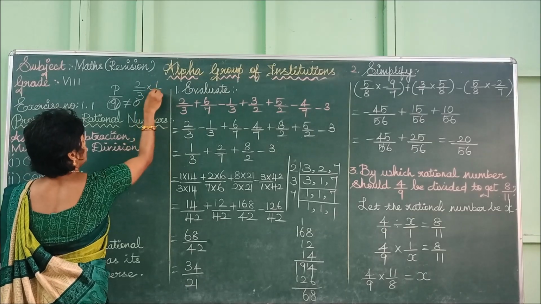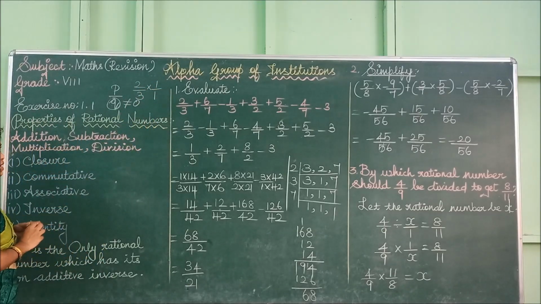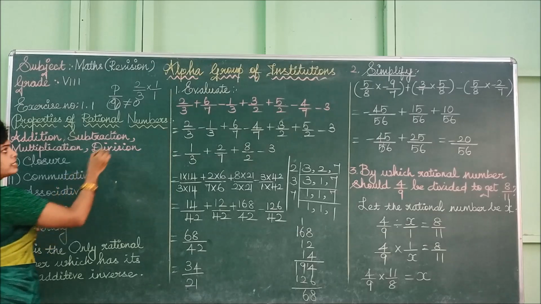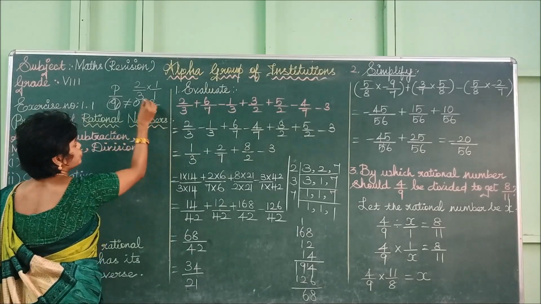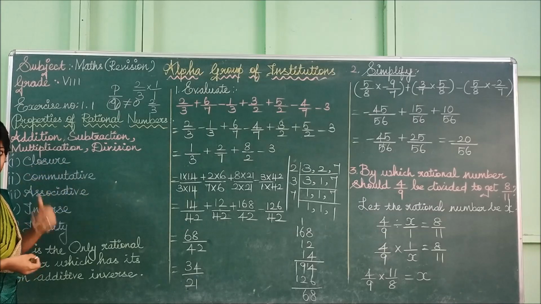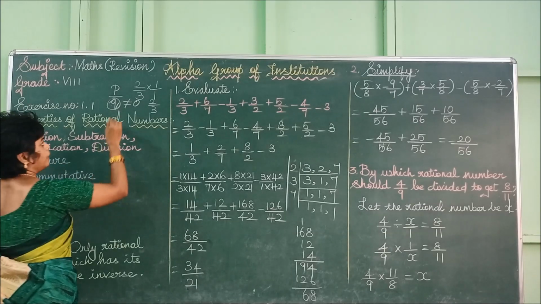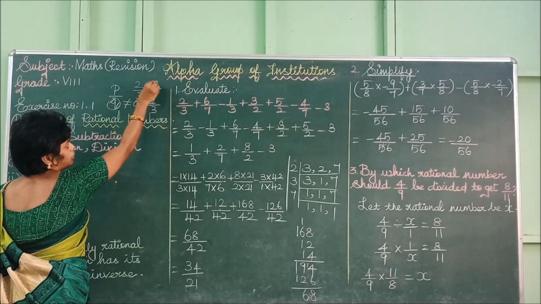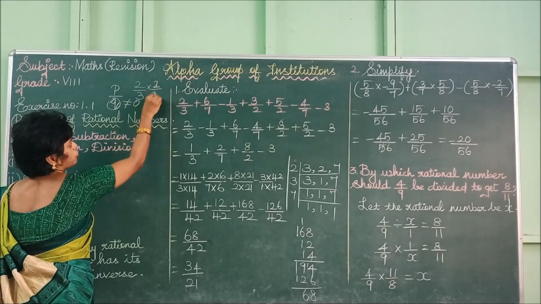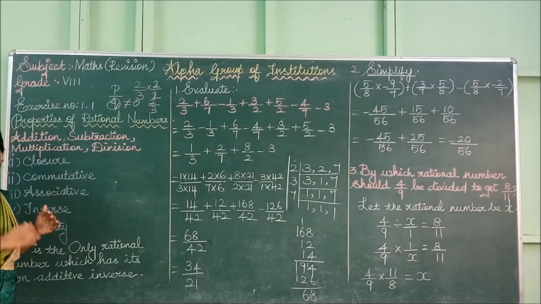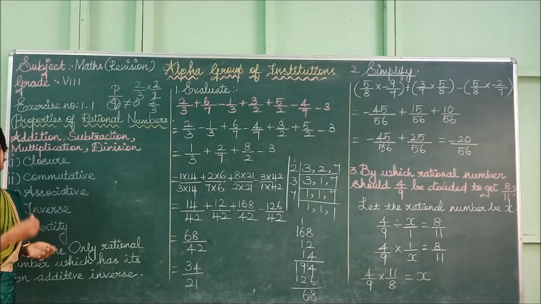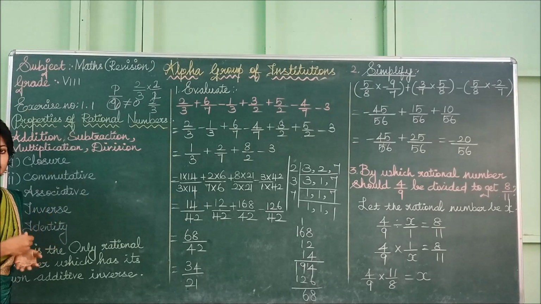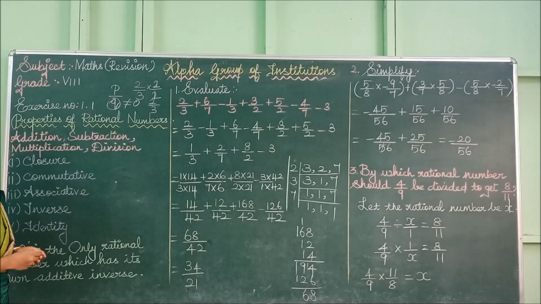I am taking 1 by 1. If you multiply as well as divide with 1, you will get the result as 2 by 3. Is there any change? No. 2 by 3 remains 2 by 3 only. Next, I am going to multiply this 2 by 3 by 2. You should not change only the numerator; you also have to change the denominator. Whenever you are multiplying the numerator and denominator, you have to use the same number. So if you are multiplying with 1, the denominator will be multiplied with 1. If you are multiplying the numerator with 2, the denominator will be multiplied by 2 also.